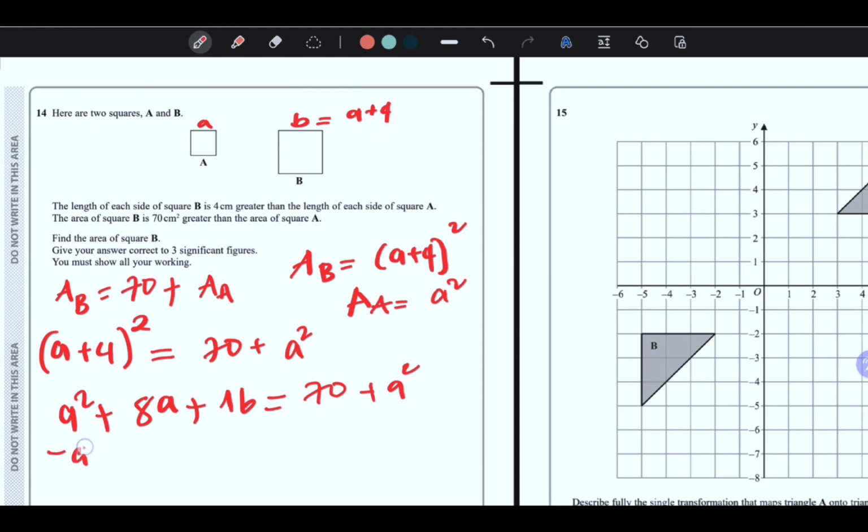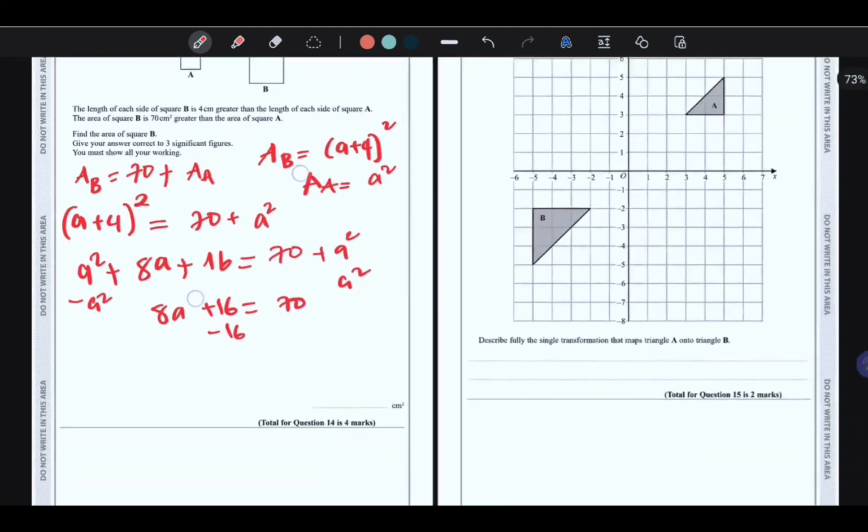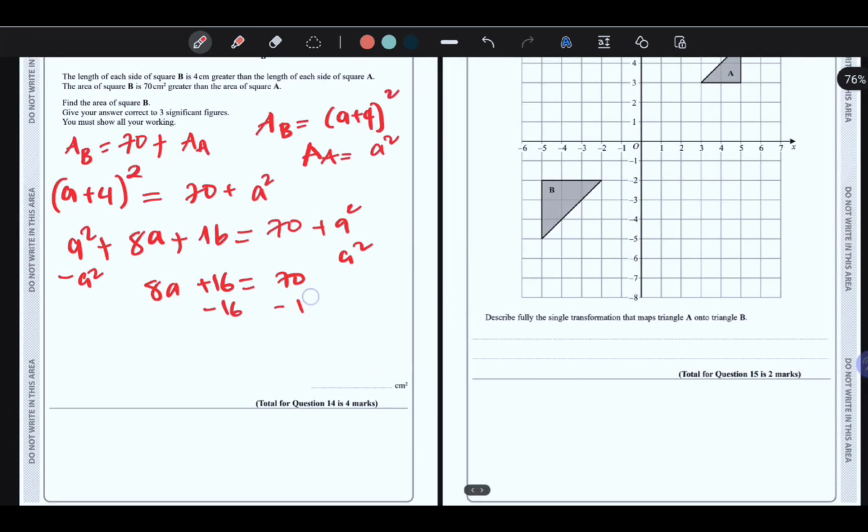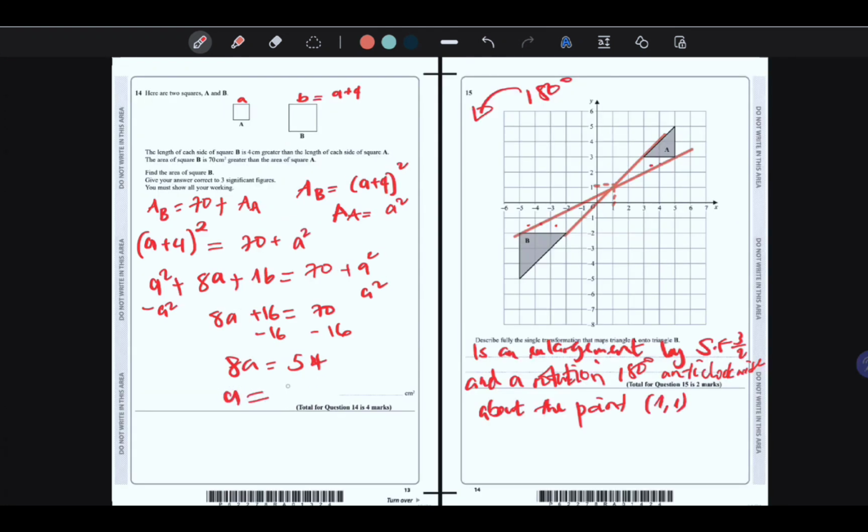Well, if I subtract a squared on both sides, it's going to cancel out nicely. So I'm going to have 8a plus 16 equal to 70. And then I subtract 16 on both sides. We're going to have 8a equal to 54. So if I divide both sides by 8, I'm going to have